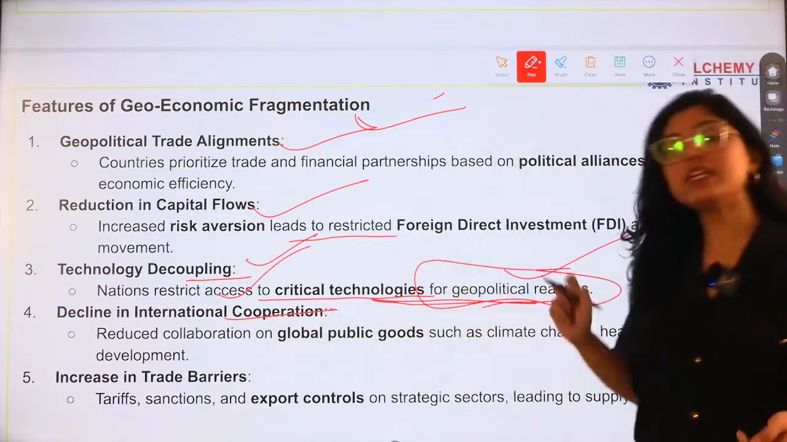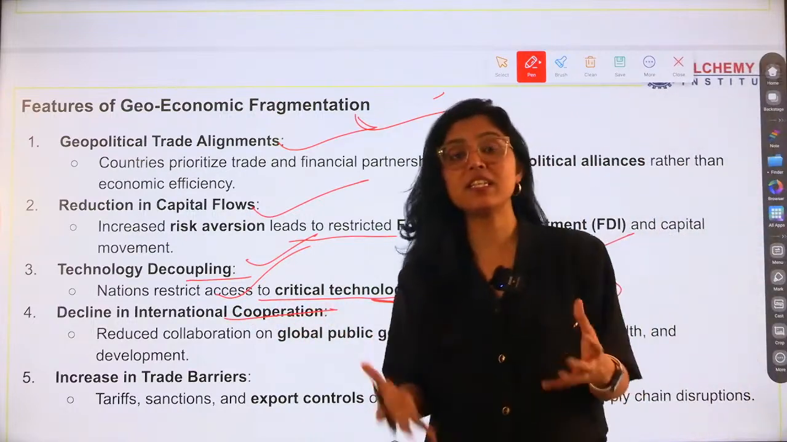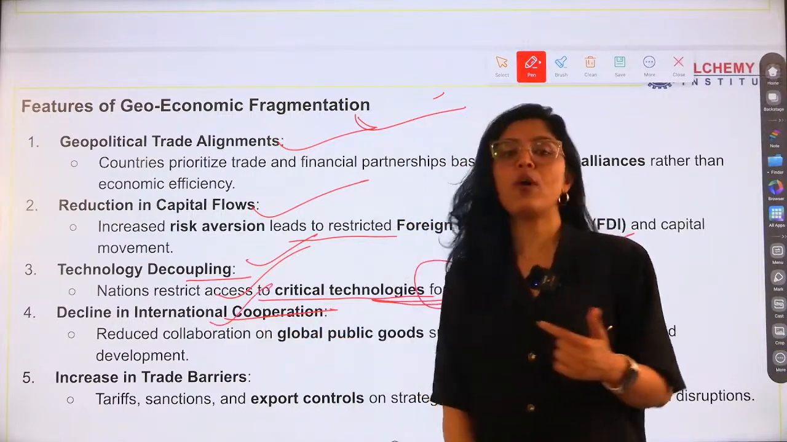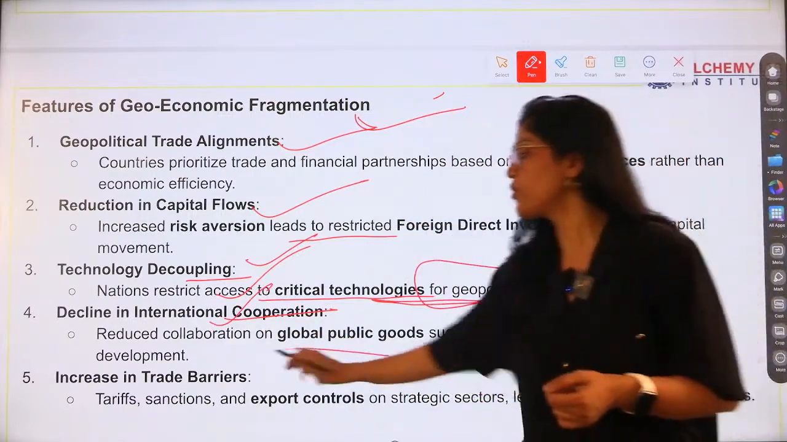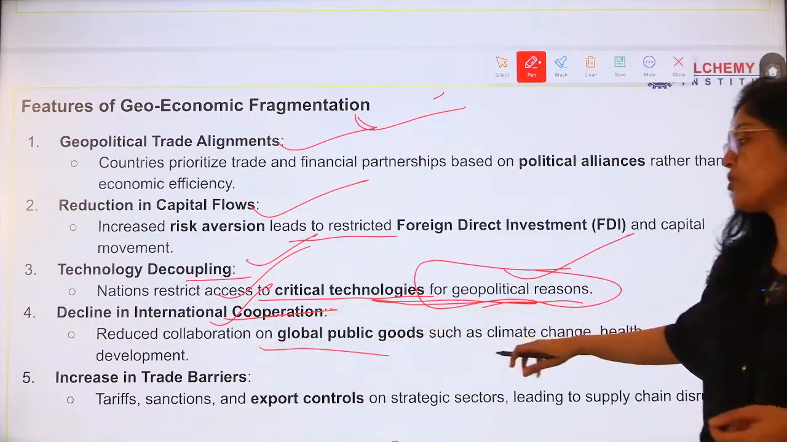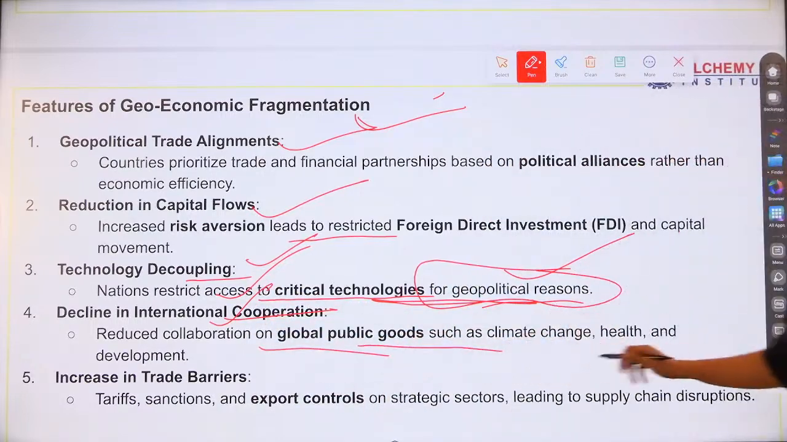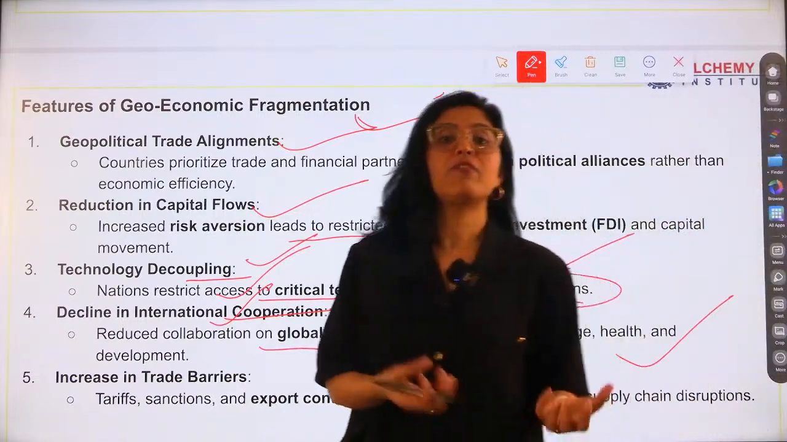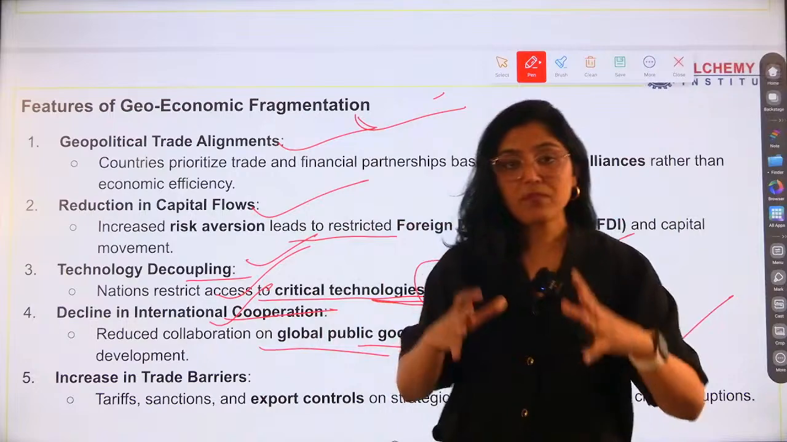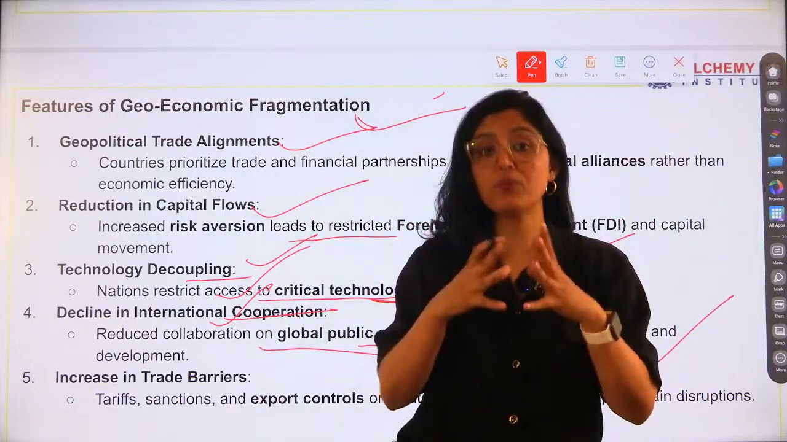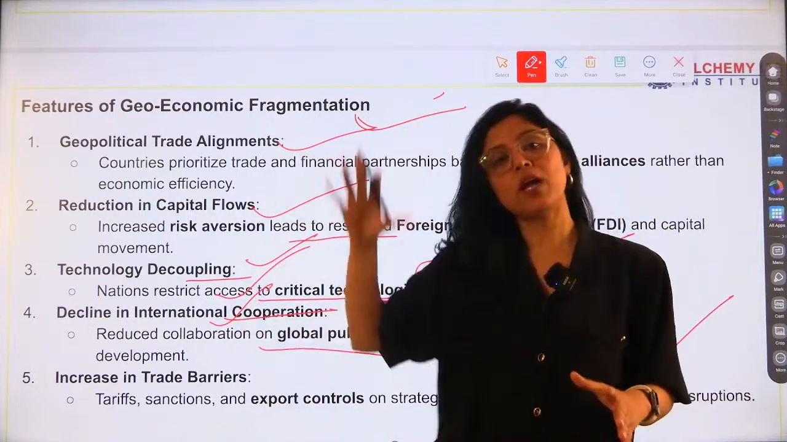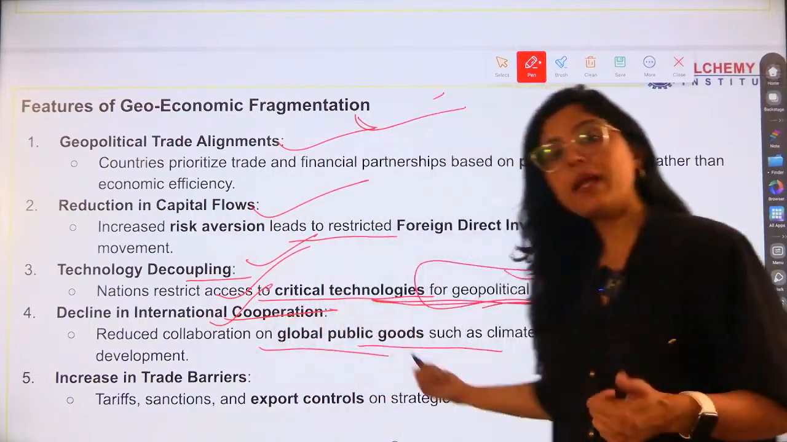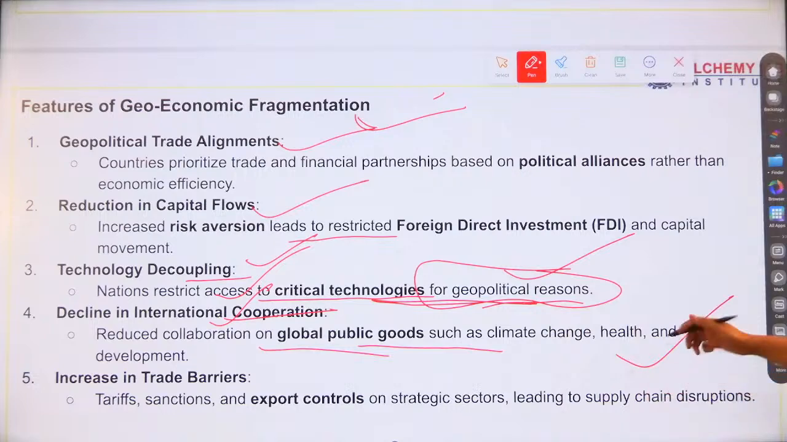Next is decline in international cooperation. Obviously, disintegration directly impacts the cooperation and support, right? There will be no unity. Reduced collaboration on global public goods such as climate change. When there will be fragmentation, there will be different voices, not a single voice or a single motive. Then what will happen? Collaboration on other spheres will also be impacted, like climate change, like health, like gender equity,